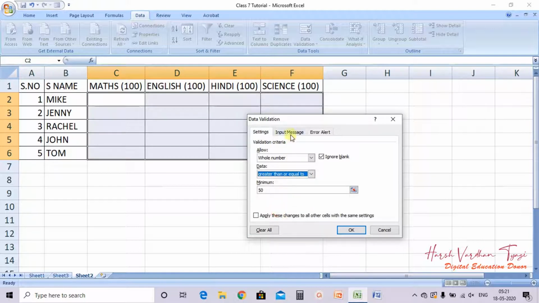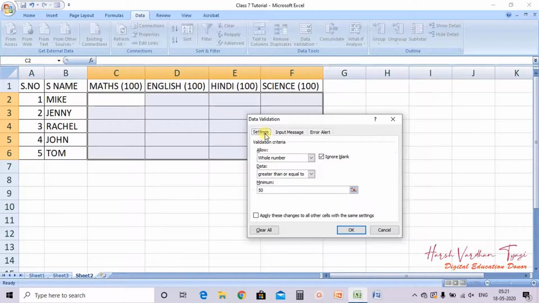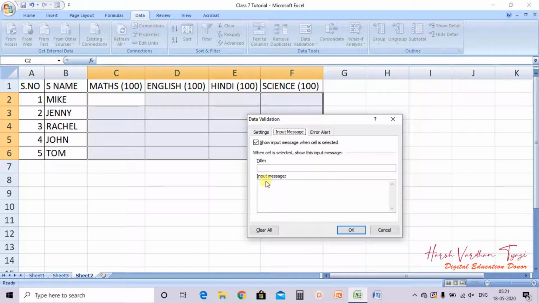Now see, on the other tab, Input Message, what you can see. Suppose what is there in the setting: enter the value greater than or equals to 50. So what I am doing, I am typing a message here: enter value greater than or equals to 50.